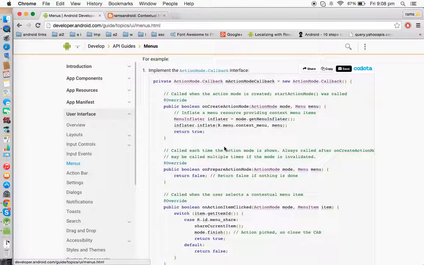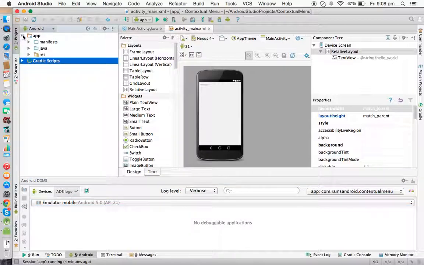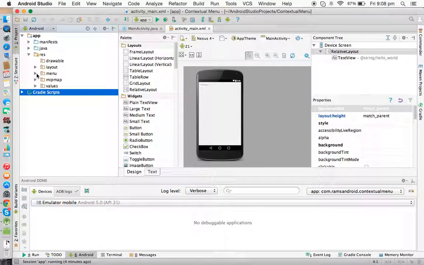Options menu and context menu we use regularly. This contextual menu and the popup menu we rarely use in applications. Now in advanced concepts there are so many advanced concepts. Our menus, that means the options, we again provide through the navigation drawer like that. When we move to the advanced concepts, there we will discuss the navigation drawer concept. So first of all, let me create the items under the menu folder.